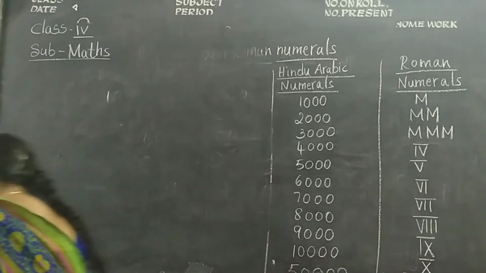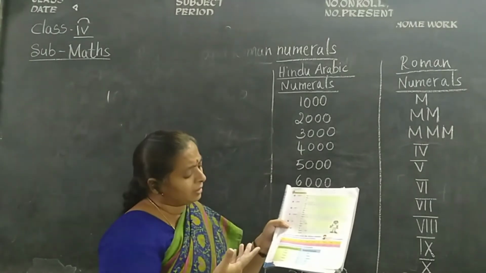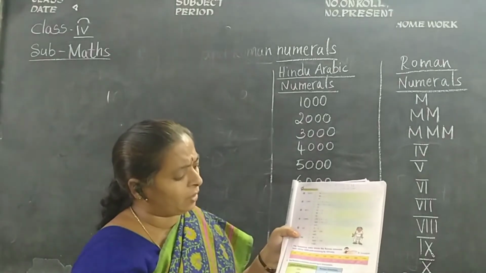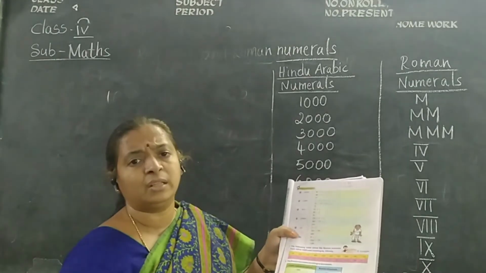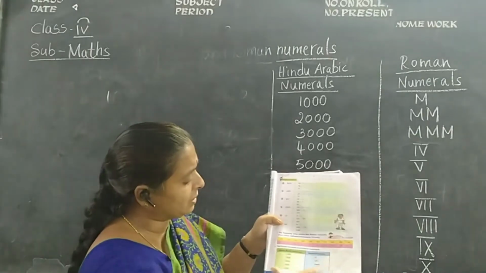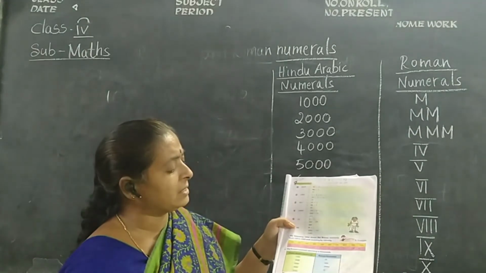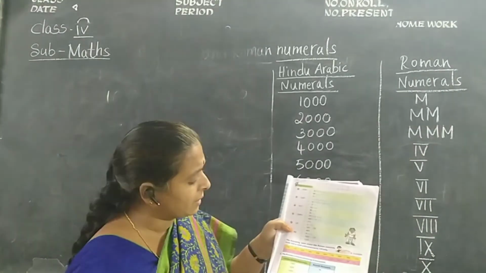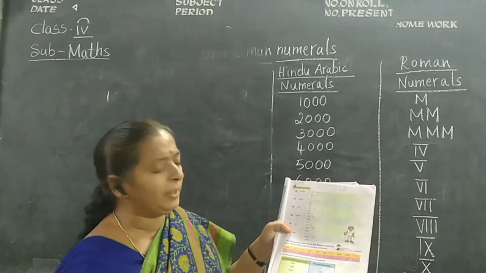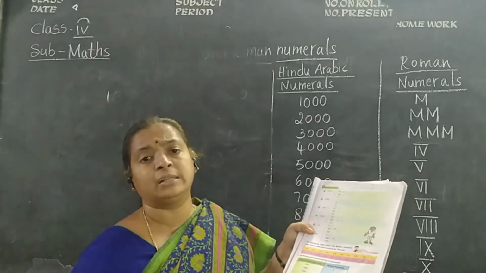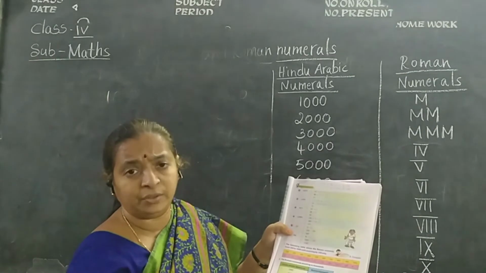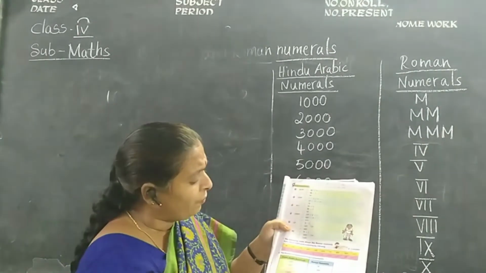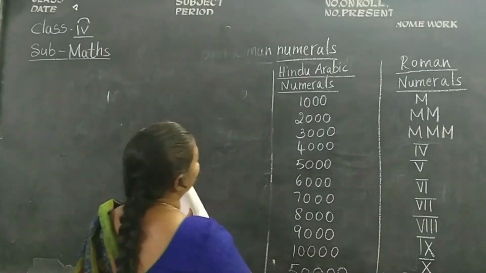Now, children, underneath these hundreds and this tabular column, another column is there. See children, table representation. What is this one? The Roman numerals counting in thousands. Before I told you hundreds, now thousands. One column is Hindu Arabic numerals and another one is Roman numerals, the same values in Roman numerals. We should once try to understand them.